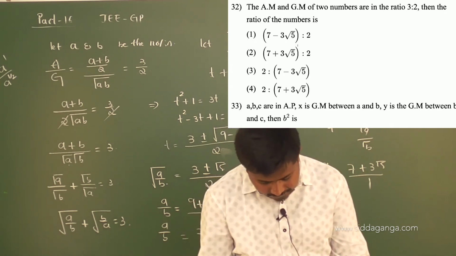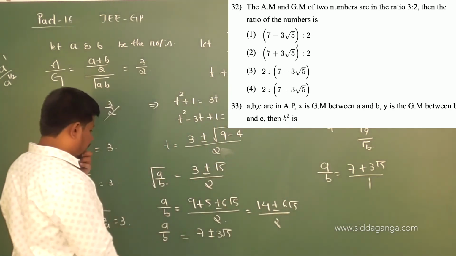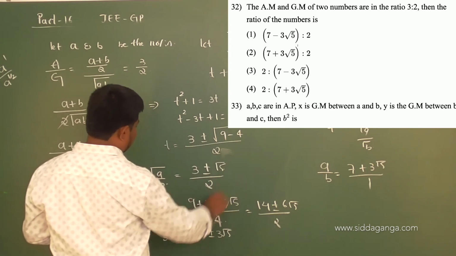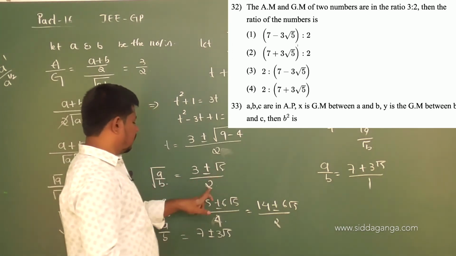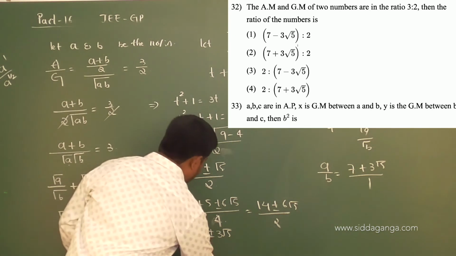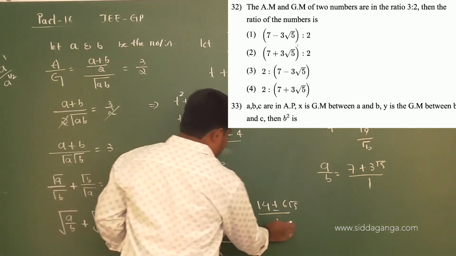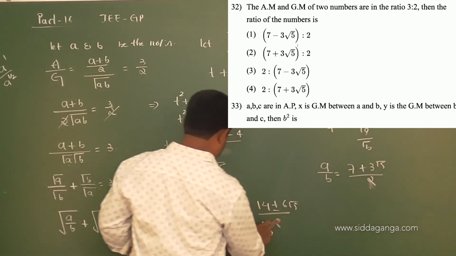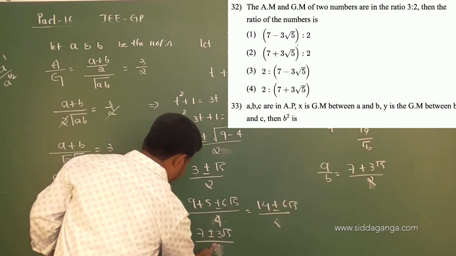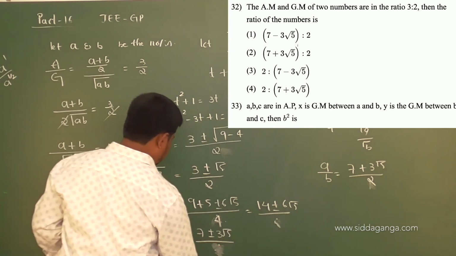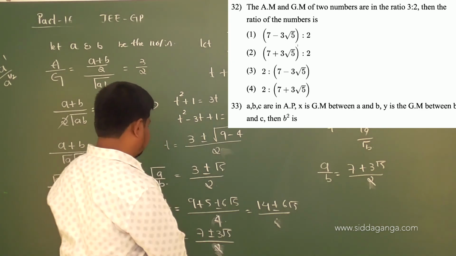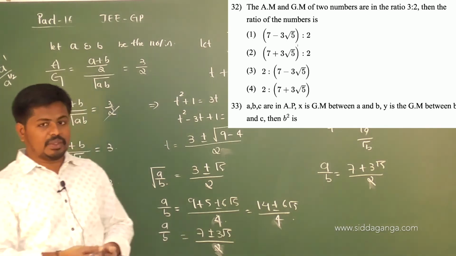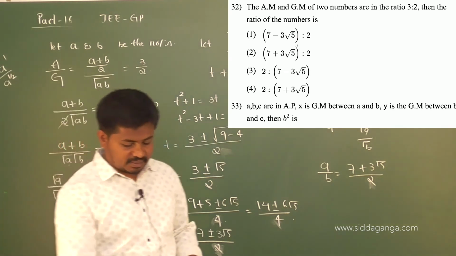Okay, so here I have squared, no? So when you square this, you get here 4, because whole square you get, no? So this is A plus B or A minus B of whole square, divided by 2 square, and 2 square is 4. So 7 plus 3 root 5 by 2, you mean option second is the correct one.